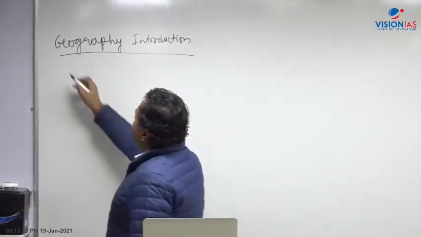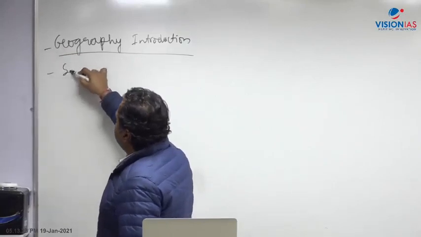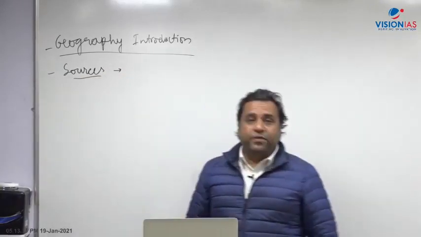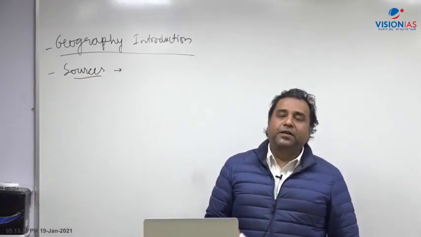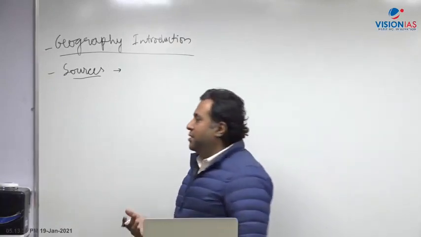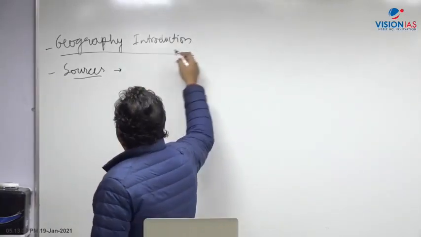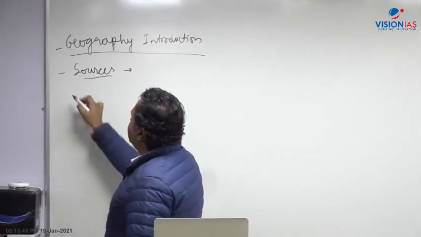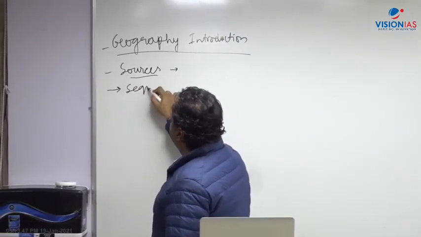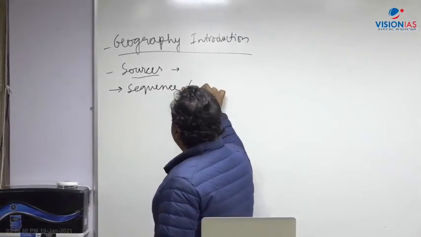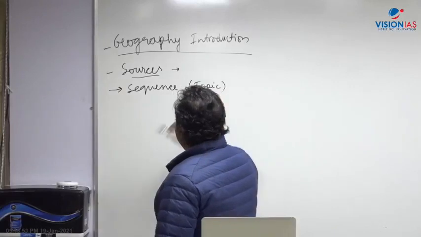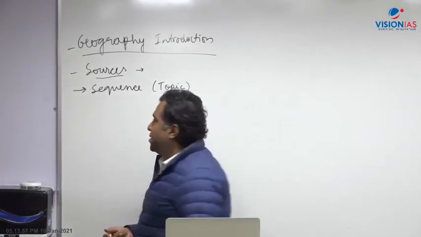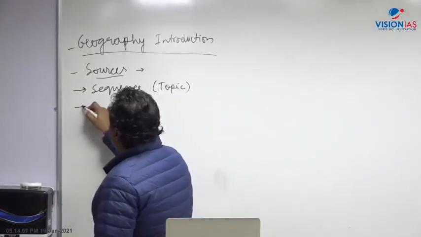Once we do this, we'll also talk about the sources briefly, and then I'll take you deeper into the sources. So which are the sources that you are supposed to refer to from this class onwards? Okay, and we'll see the syllabus also. Then we talk of the sources, and then the sequence of the class. What would be the topic sequence? That also we'll try to see, what kind of topic sequence we would try to follow, and then after that we'll directly come to